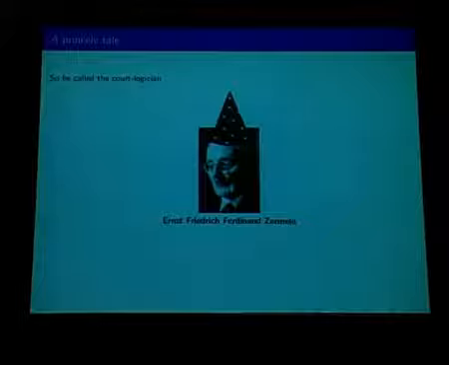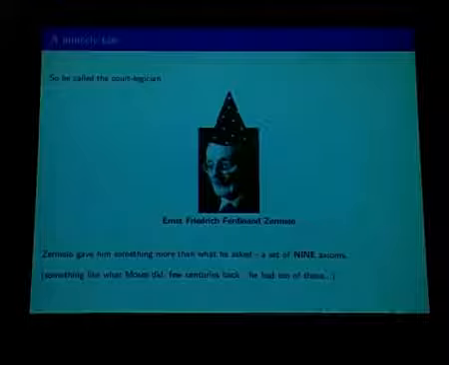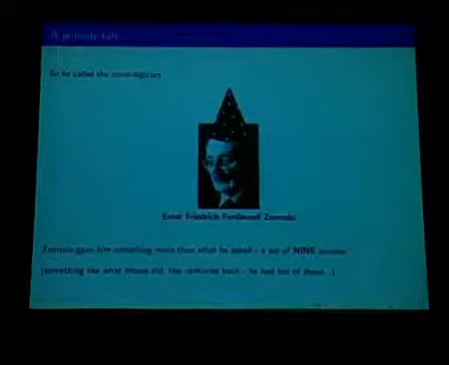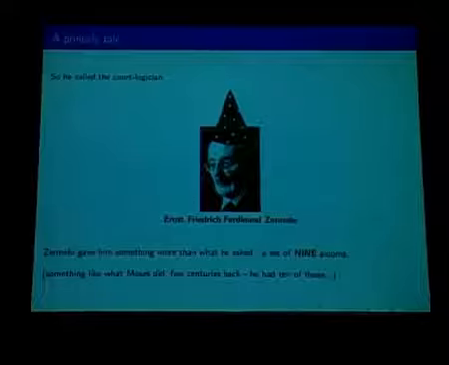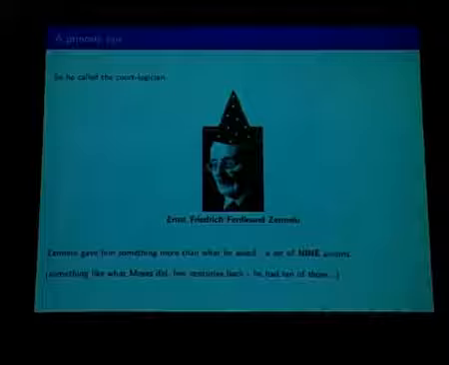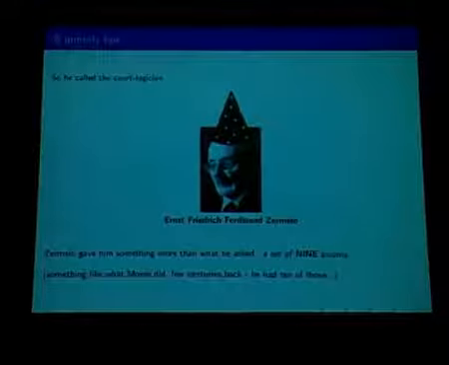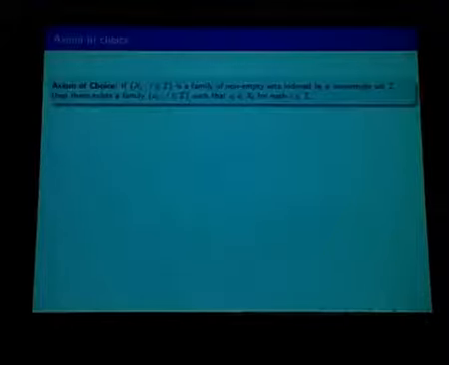Zermelo in fact solved this problem, but he did something more. He gave the prince a set of 9 axioms, one of which solved this problem, axiom of choice, that we are going to talk about. But there were other 8 axioms which were not used by the prince, but were later used by mathematicians. So what is really axiom of choice? Axiom of choice is something that allows the prince to choose one bride from infinitely many countries.